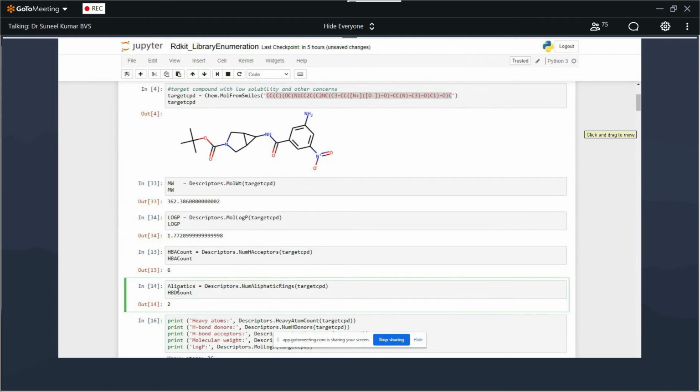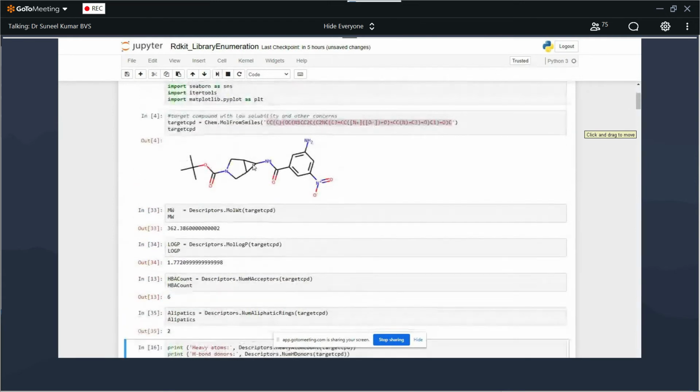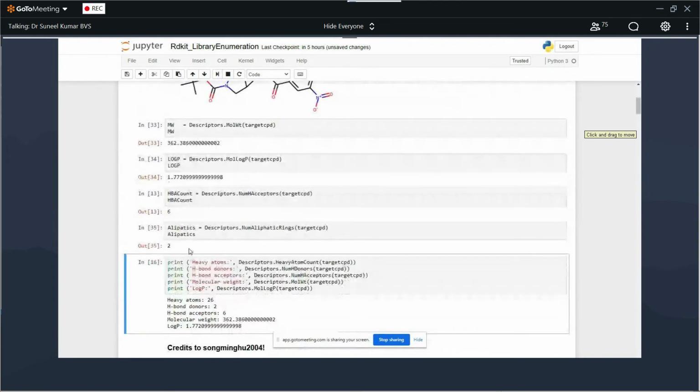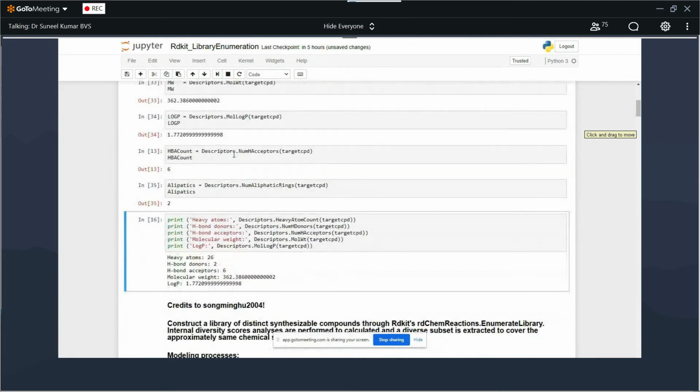So change the variable and run it. The number of aliphatic rings is 2. Can you see here? It can be a bridge or separate aliphatic rings. So this will simply tell me, okay, this is my molecule and this is the property distribution. The more organized way is,